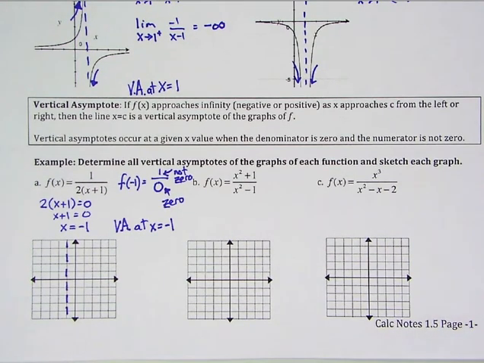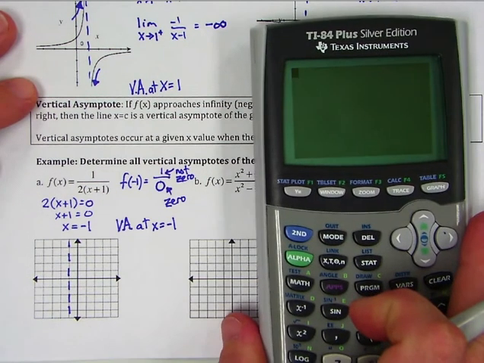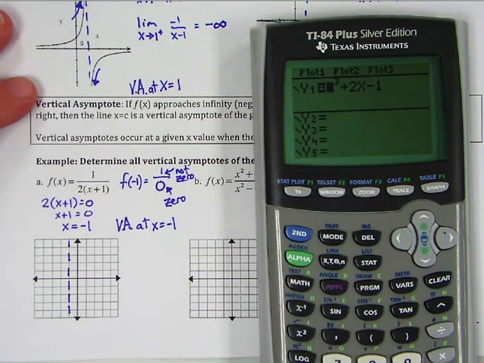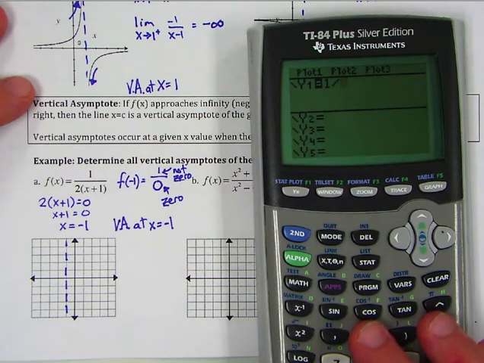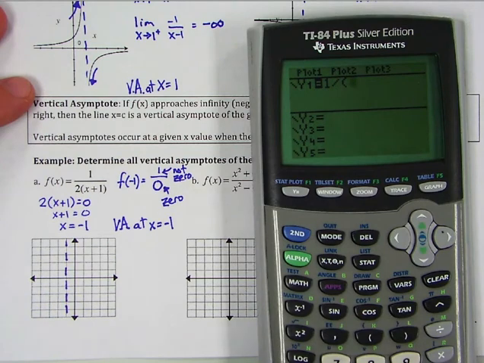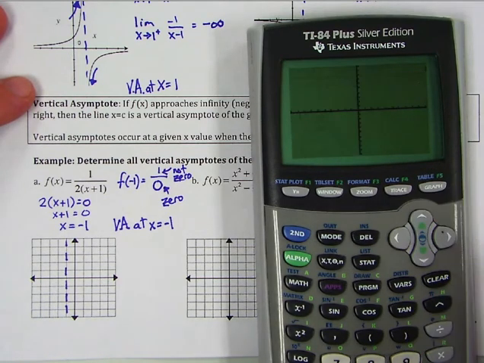Now we're going to go ahead and graph this just so we can see what the rest of this looks like. So in your graphing calculator, we're going to plot this. We have 1 divided by. I'm going to put the entire denominator in parentheses, so I'll open 1 up there, 2 times x plus 1. And when we press graph,